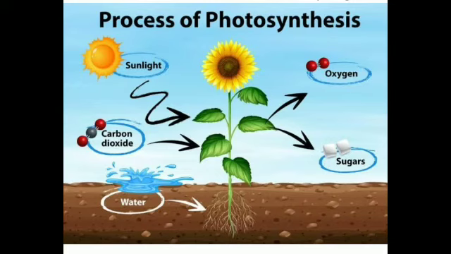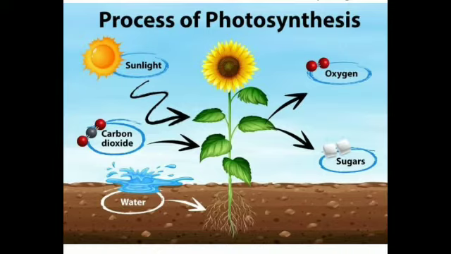Next, photosynthesis. Here, photo means light. Synthesis means to build. So, light is very much needed in this process. Photosynthesis is a process by which autotrophic organisms like green plants, algae and chlorophyll containing bacteria utilize the energy from sunlight to synthesize their own food. In this process, carbon dioxide combines with water in the presence of sunlight and chlorophyll to form carbohydrates. During this process, oxygen is released as a byproduct.